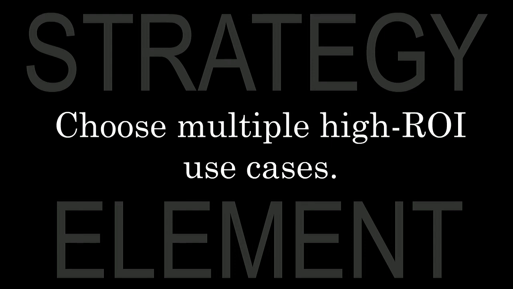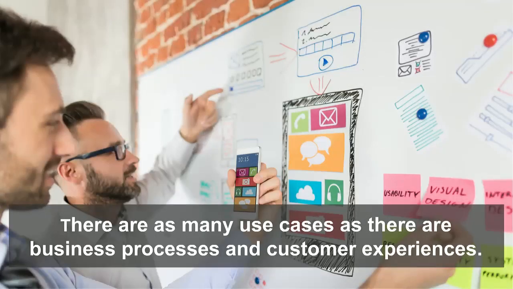So the second element, and the keyword here, if I were to underline bold, is the word multiple. It's tempting when you're using any new technology to just decide and prioritize one particular project to do a proof of concept. And it's not a terrible idea to do that, but you have to put that in perspective. You need to choose multiple, obviously they should have high ROI use cases. And the reason for that is that